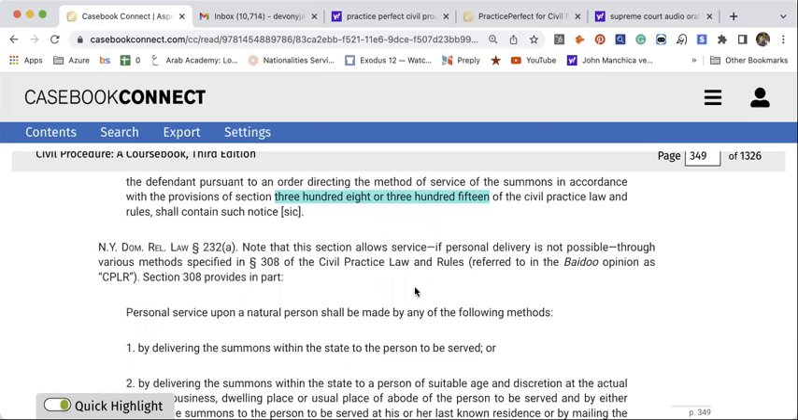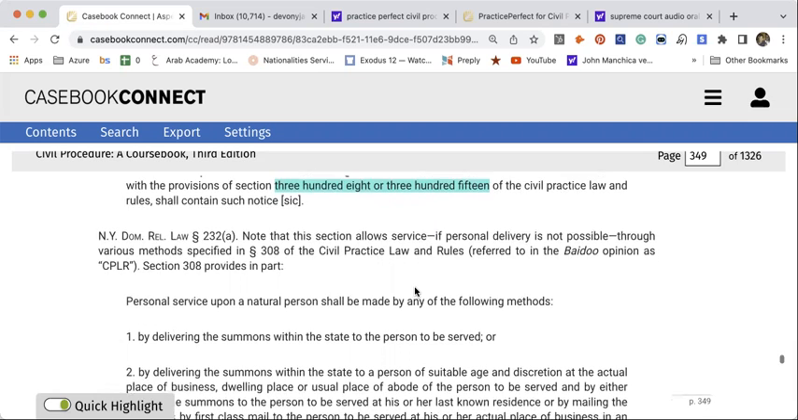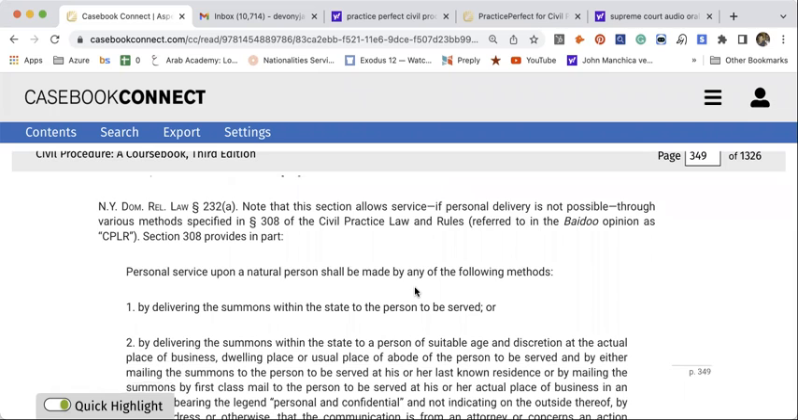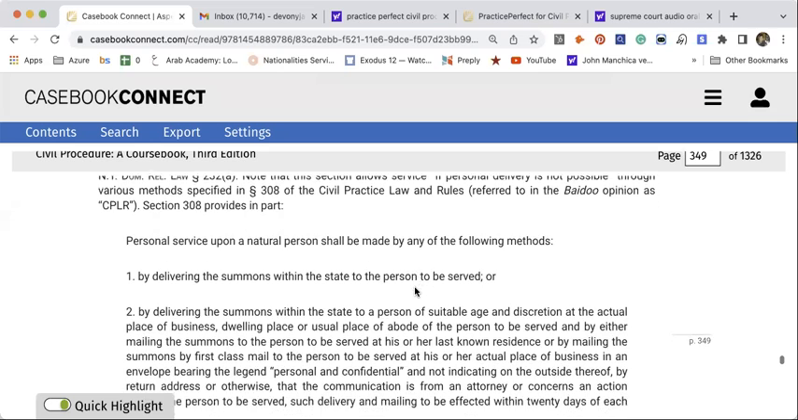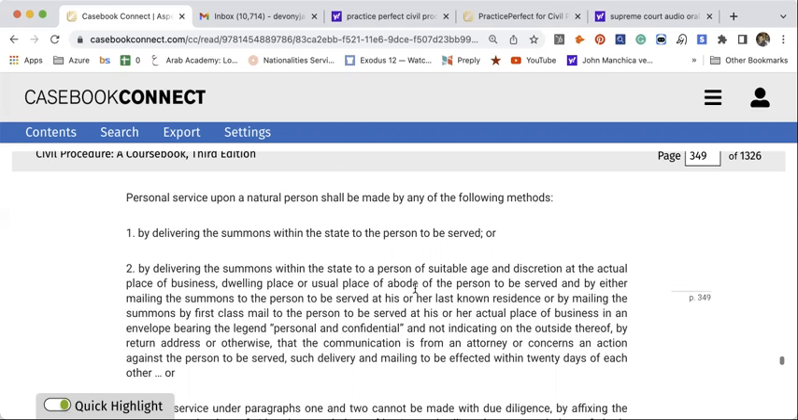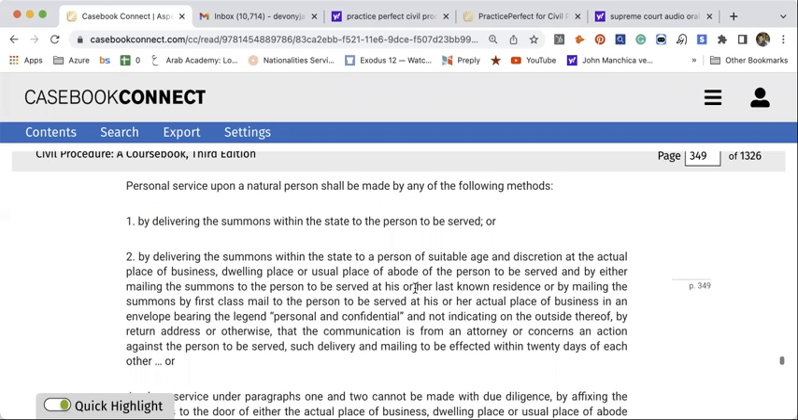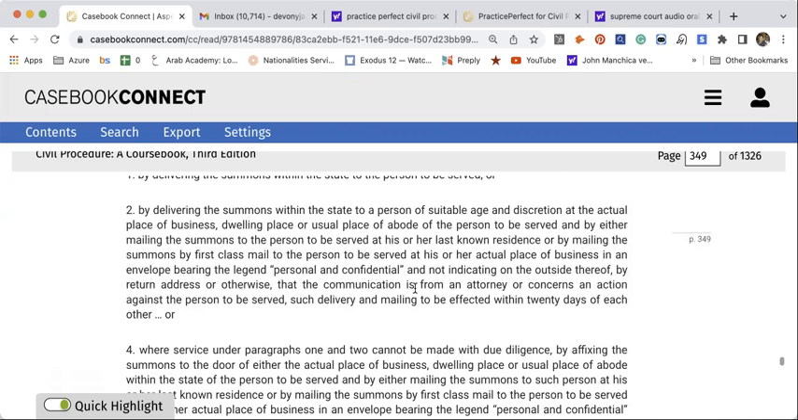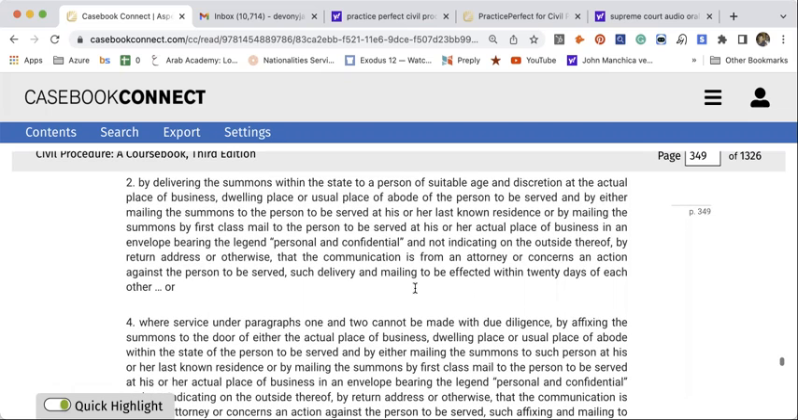Notice that this section allows service, if personal delivery is not possible, through various methods specified in section 308 of the Civil Practice Law and Rules, referred to in the opinion as CPLR. Section 308 provides in part: Personal service upon a natural person shall be made by any of the following methods. One, by delivering the summons within the state to the person to be served, or by delivering the summons within the state to a person of suitable age and discretion at the actual place of business, dwelling place, or usual abode of the person to be served, and by either mailing the summons to the person to be served at